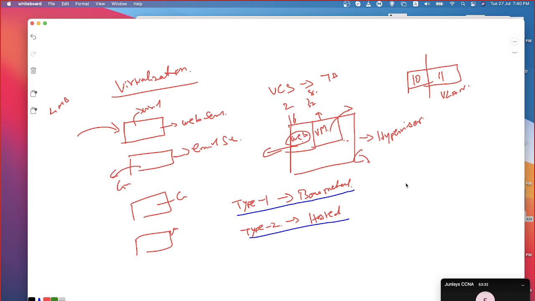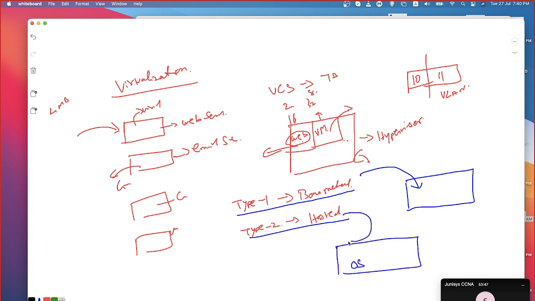The difference is, if I have a hardware, then on top of that this hypervisor can be installed. No other operating system is required to run this hypervisor. Whereas with type 2, I have a hardware, and I need to have an operating system. On top of this, the hypervisor can be installed. For example, let me open up my VM. I'll show you.